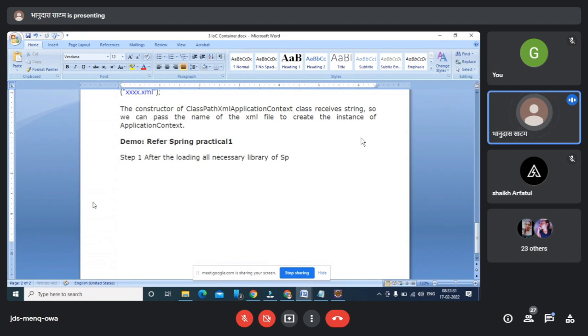Refer to your Spring installation notes. So I'm going to create a class here. In the second step, I'm creating a class for an entity. Any entity I'm going to create. So I'm creating the student class here.